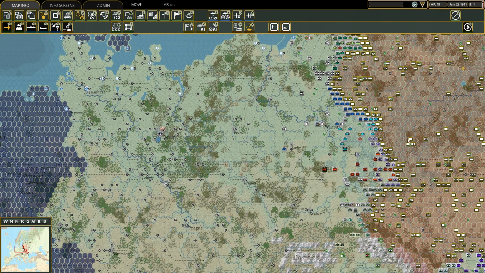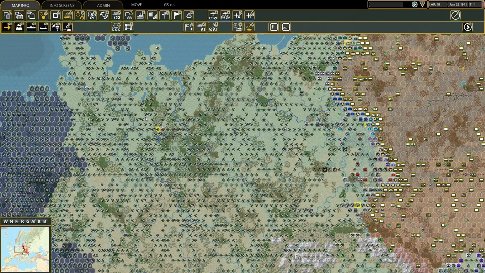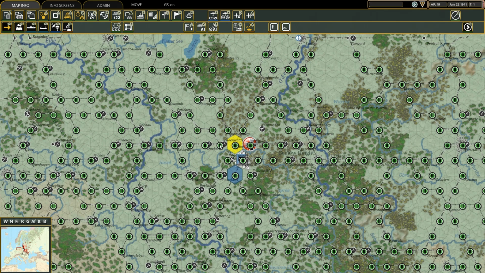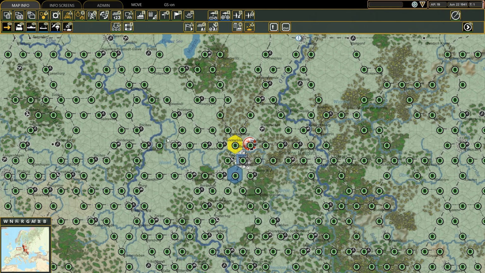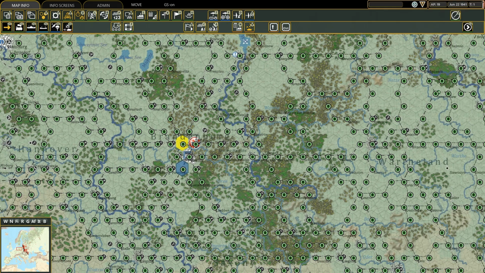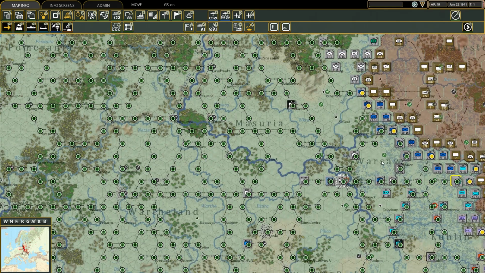And since we're talking about theater boxes and the reserve, if you go on the railway mode, you see that here there's an X colored in yellow, and if you hover the mouse, it says reserve arrival hex. Whenever you move any ground unit from the reserve theater box to the map, and you say send it to the map, the unit will spawn here. You can change it, although you cannot set